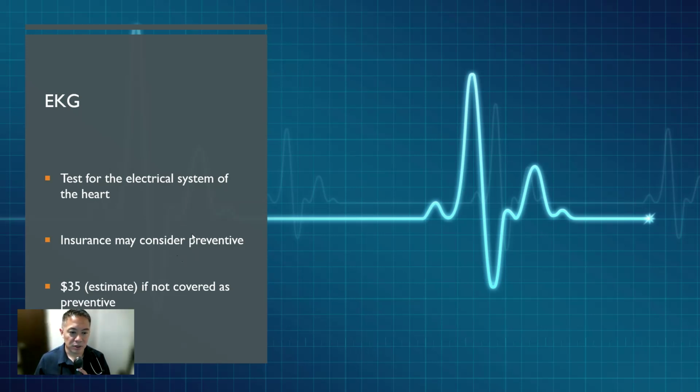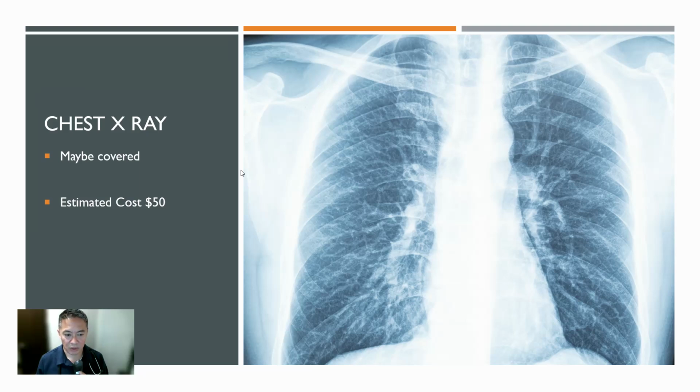If you're coming in to see me, please have that decision made so you can just tell my staff, yes, I do want that EKG and I want those additional labs. What about a chest X-ray? Well, most of the time,